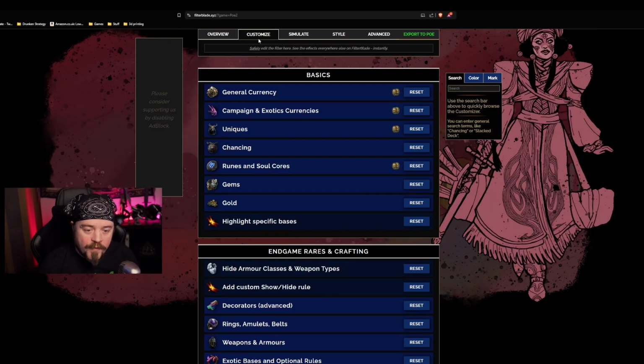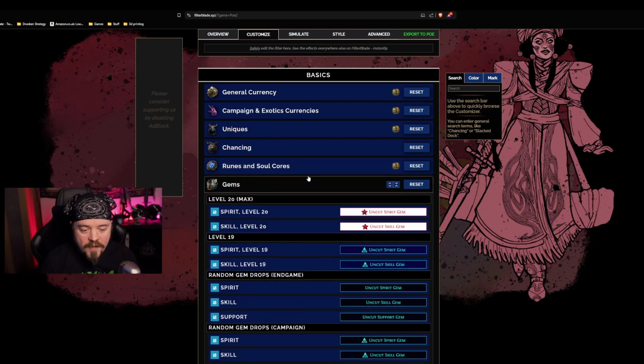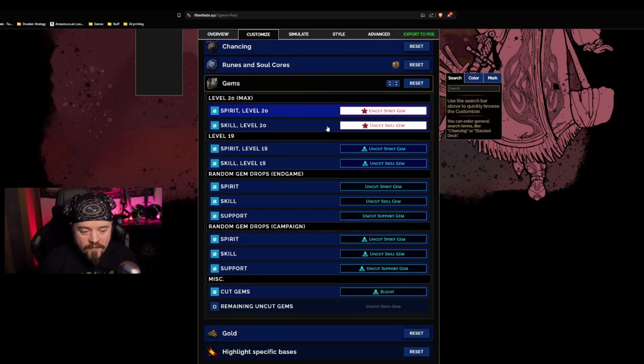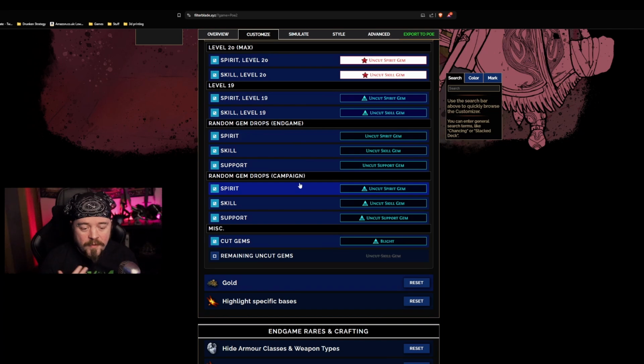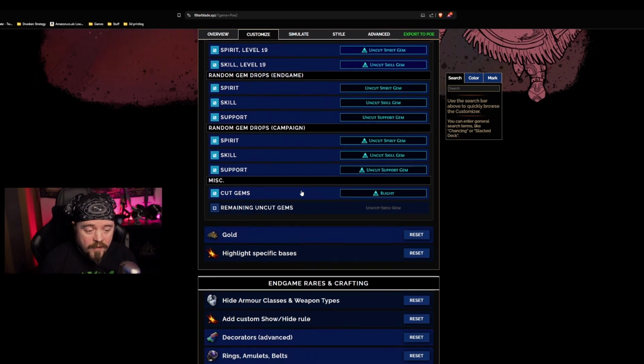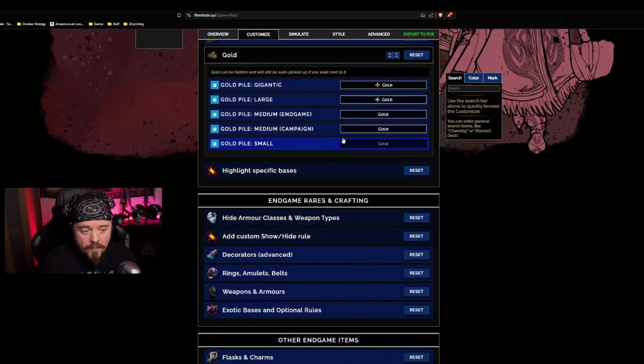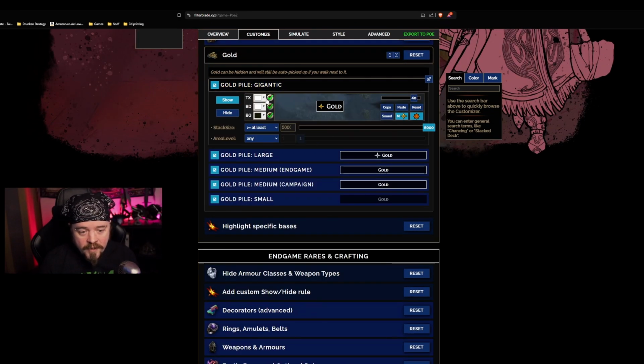Once you've selected your level of strictness, you want to click on customize. And then here you can go into a bit more depth on the things that you want to change. Maybe you're looking for a specific level of gems. Maybe you don't like the colors. Maybe you want to ignore certain gems that are just completely irrelevant to you. All that shenanigans. Or likewise with gold, you can select what the icons look like and all that shenanigans as well. So you can change the color of the text, for example, the size of the box, whether you want there to be an icon in the box and also on the minimap,